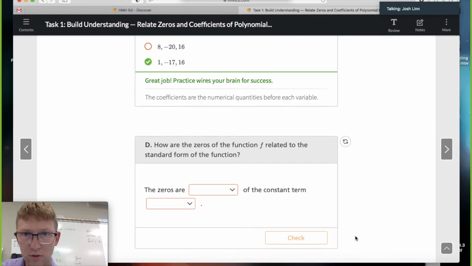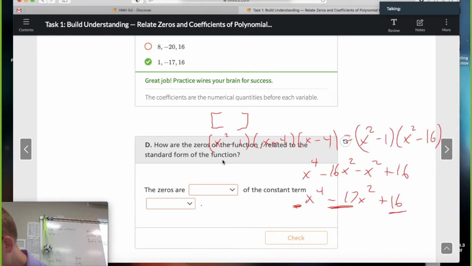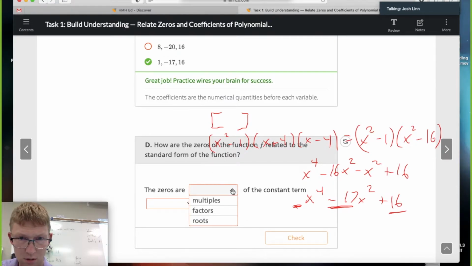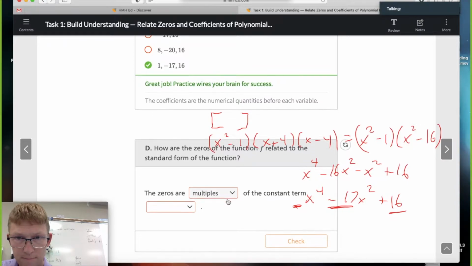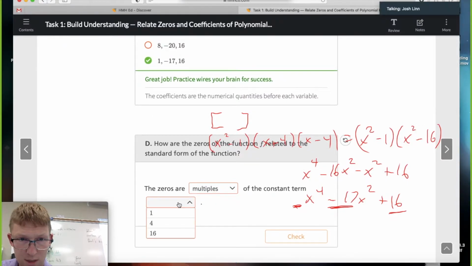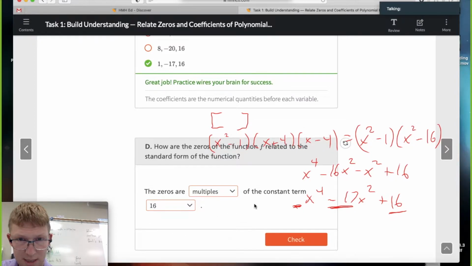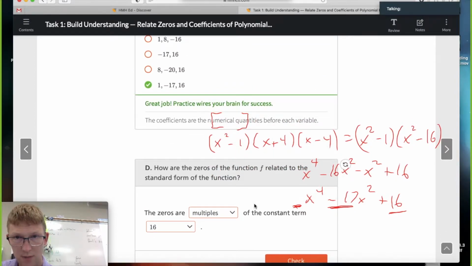So how are the zeros of the function related to the standard form of the function? So the zeros can be found by factoring. So, let's come back here. So the zeros are multiples, right? What are our zeros? Of the constant term 16, right? So our zeros,